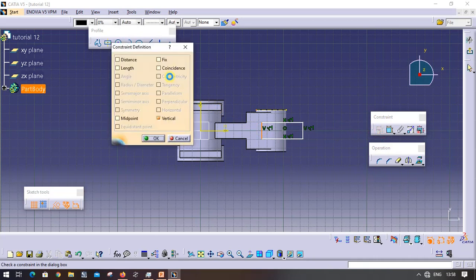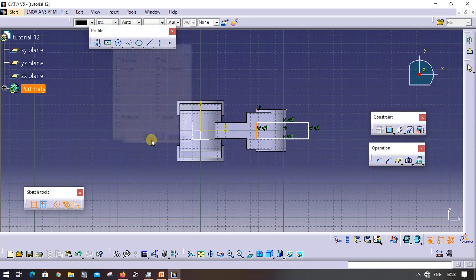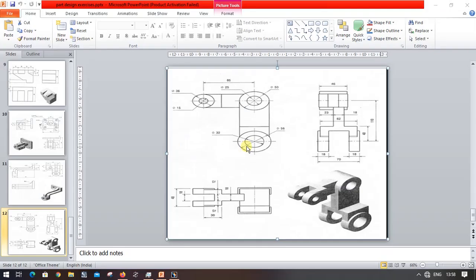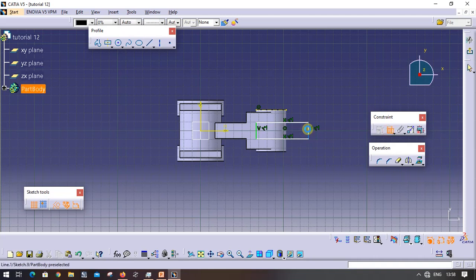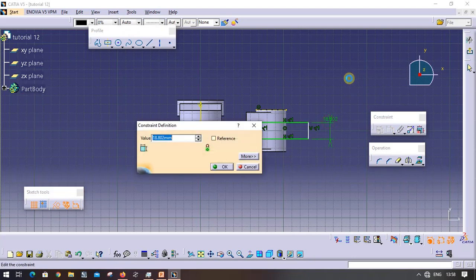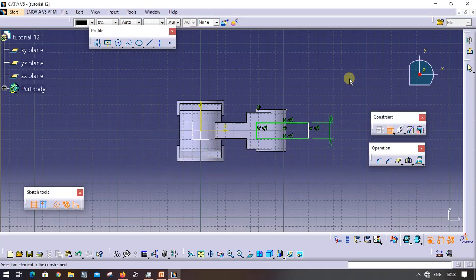Those two must be coincident. And the thickness over here is given as 18. So this would be 18. Exit workbench.